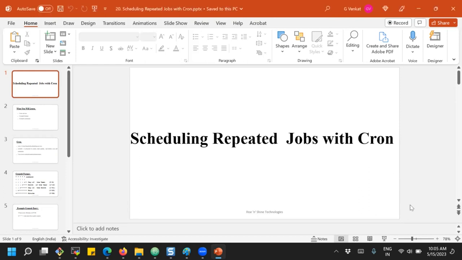Yeah, good. So let's start with the next important concept, that is scheduling repeated jobs with cron. What is scheduling? And repeated jobs, and how do we manage that with scheduling? That's all with the schedule option, the repeated jobs. Yeah. So if you go for understanding this concept, suppose